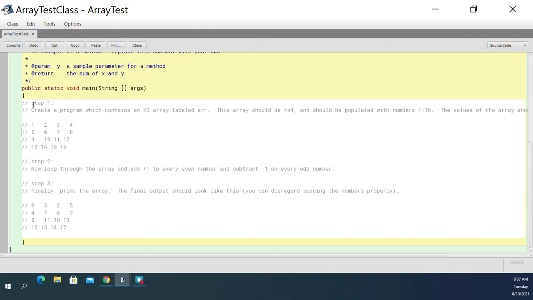Okay, so create an array. We need to create an array and then populate the numbers 1 to 16. So here we're gonna create an array, and I'll put the code right here. We're gonna create an integer array, two-dimensional, with two square brackets, equal to new integer, and then because it's 4 by 4,